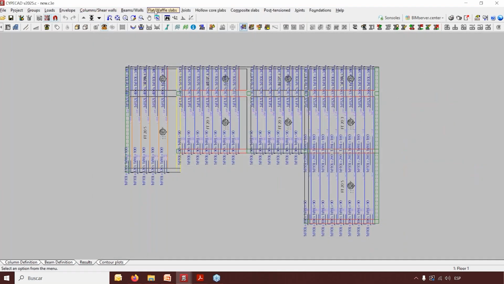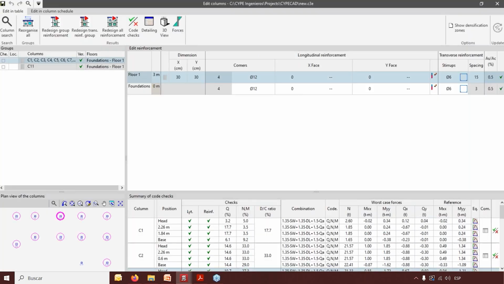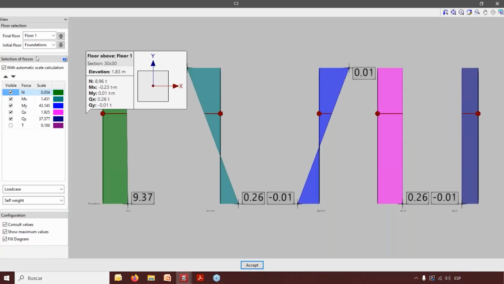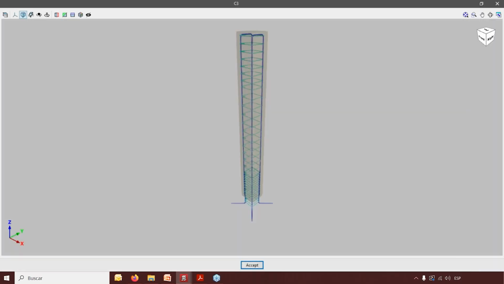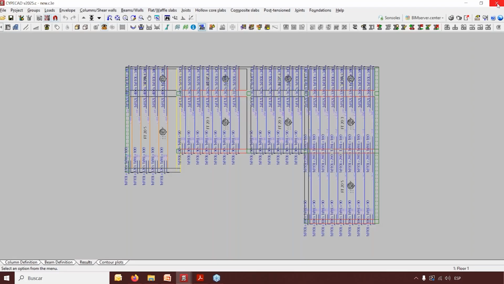Also for the columns, we have results. So if we come here to columns and shear walls and I edit any column, we will take a look at the table of the columns. Again, the forces over the columns could be consulted by load case or by combination. We can come to the 3D view of the reinforcement, which is the one that is actually shown in the drawing that we generated. So we have plenty of results, not only for the slab that we inserted today, but also for every